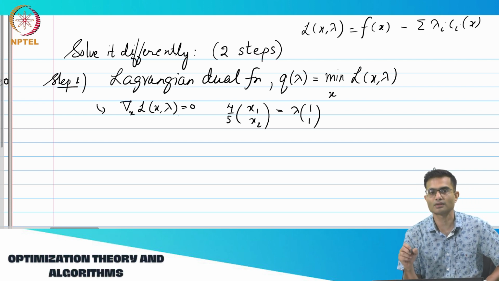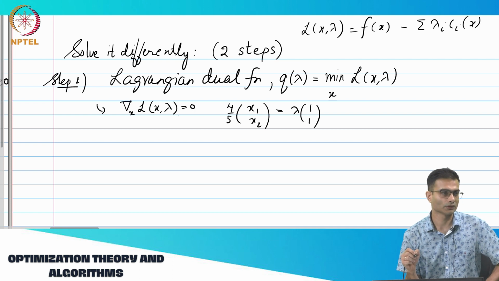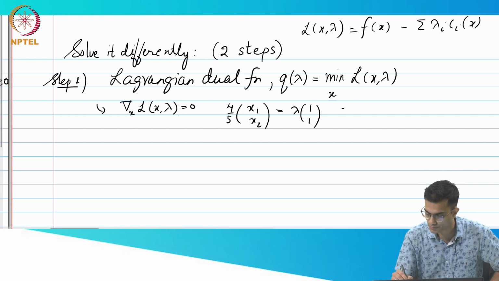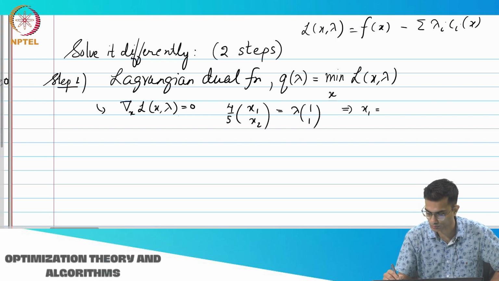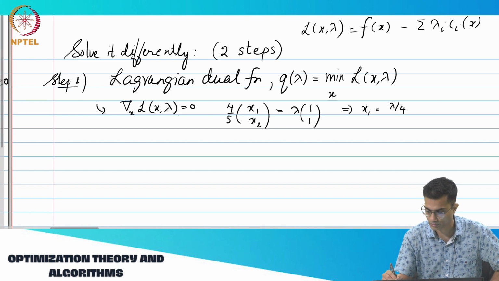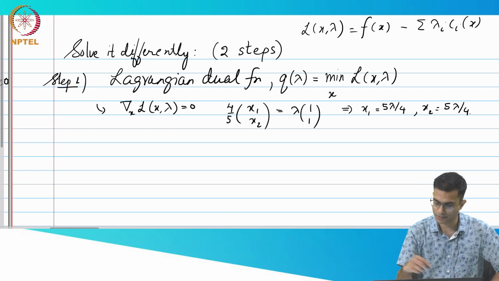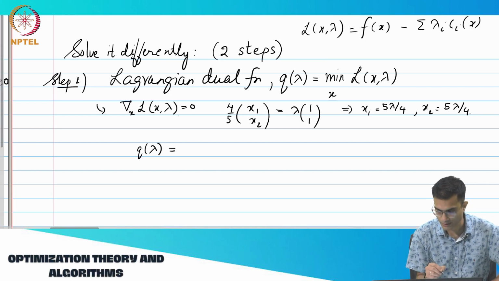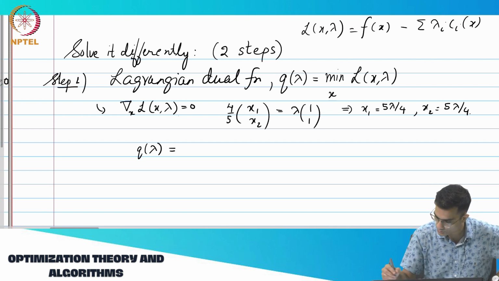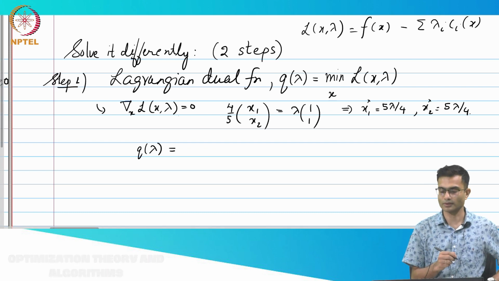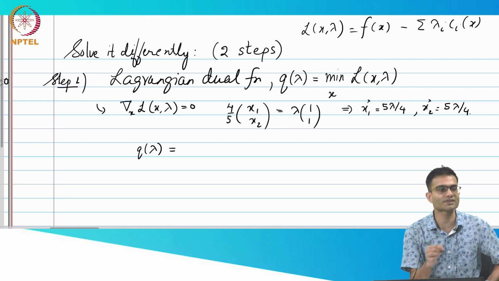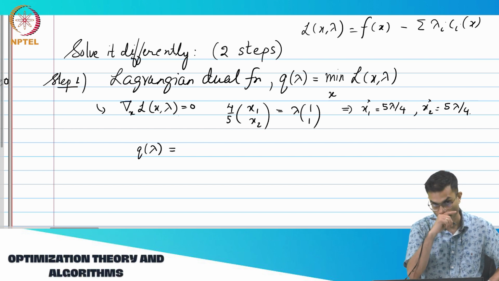Now notice that this Lagrangian dual is a function of lambda, which means what? I should eliminate x1 x2 from here, right. So from here I can basically write x1 is equal to 5 lambda by 4, x2 is equal to 5 lambda by 4, and I can substitute this back into my Lagrangian expression, right. So what would I do? Let's call this x1 star, x2 star. Why am I writing this as x1 star, x2 star? Because this is the x1 x2 under which the gradient of the Lagrangian goes to 0, therefore this expression is